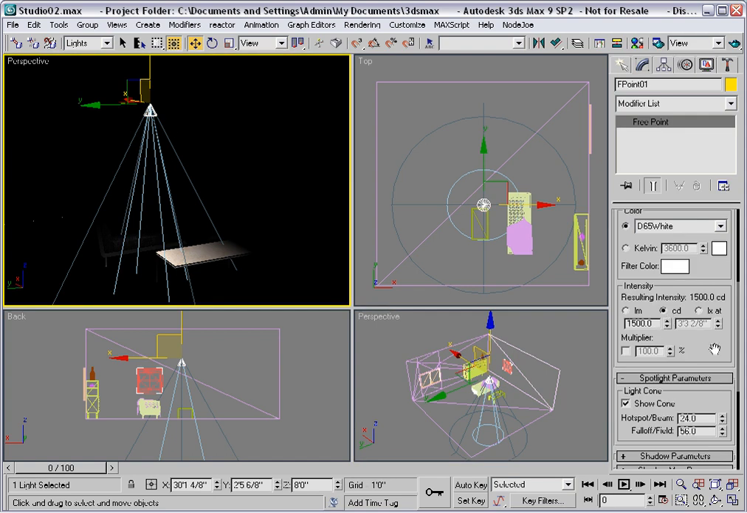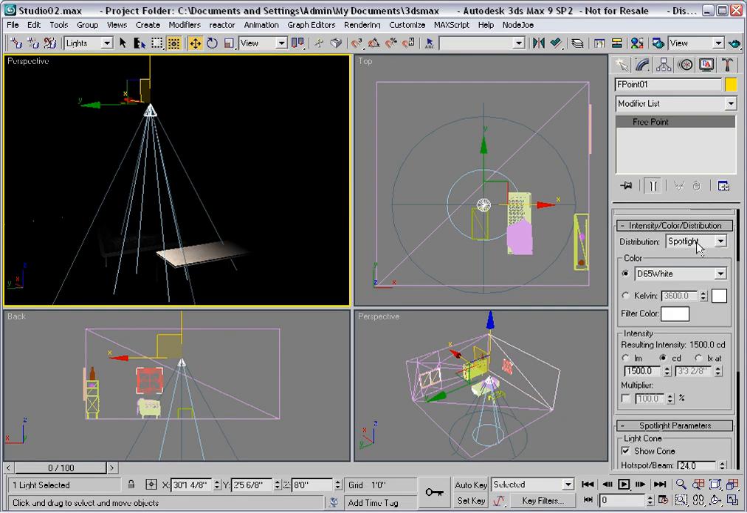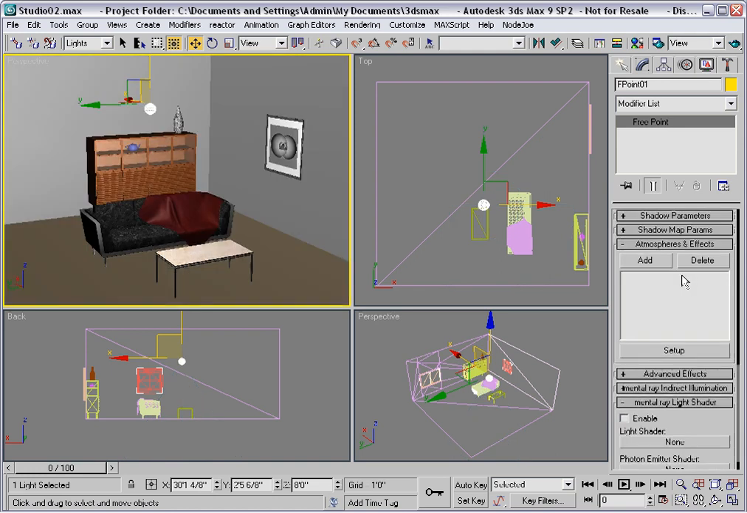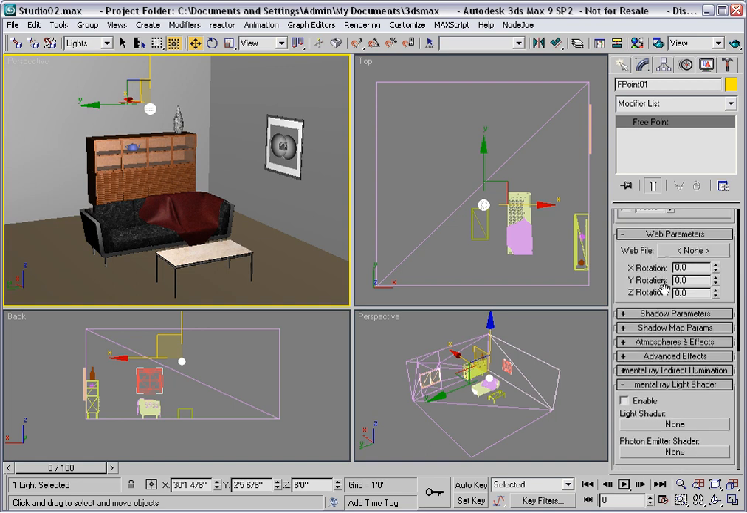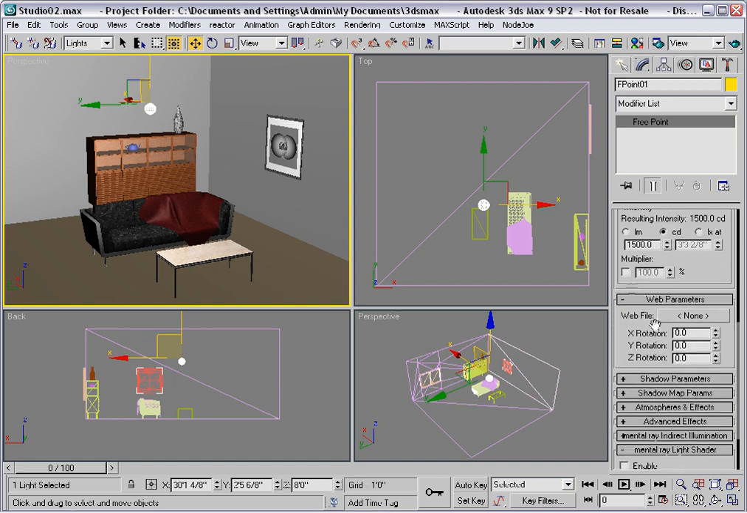So that's very straightforward. There's another option up here called Web, and this is more complex. This is called a photometric web, and it doesn't work by default. It requires a file in the web parameters rollout right here, and you can accept IES files. These are the Illuminating Engineering Society files, and these are standard files that represent the intensity distribution of the light. And instead of trying to find one on my hard drive, I will show you an easier way to get